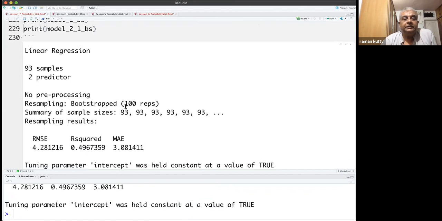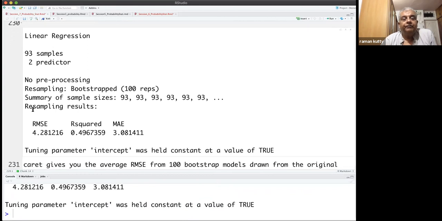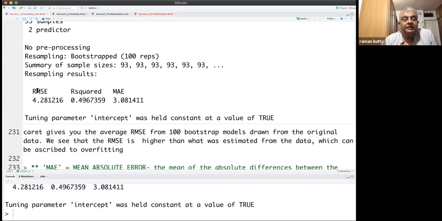So it says bootstrapped resampling, 100 repetitions, summary of sample sizes 93, 93. All those are correct. Then it gives the RMSE directly, that is 4.28, and you also get the R squared, and then you get what is known as MAE, which is also an important output from this regression, especially from the repeated cross-validation techniques. MAE means mean absolute error, which is the difference between the predicted and the actual, but you take the difference and remove the sign, so that makes it an absolute value, and then you average it.